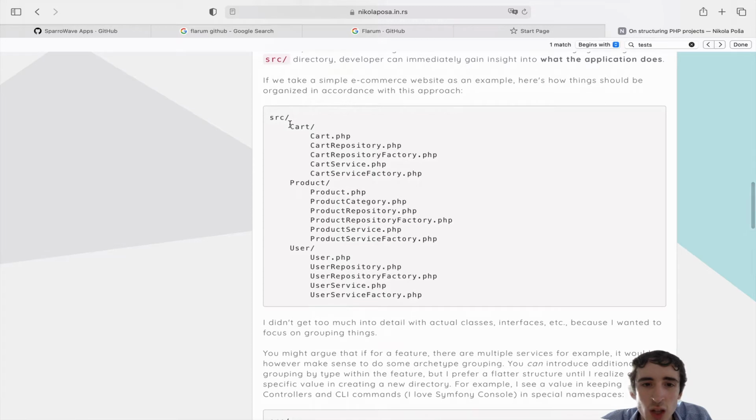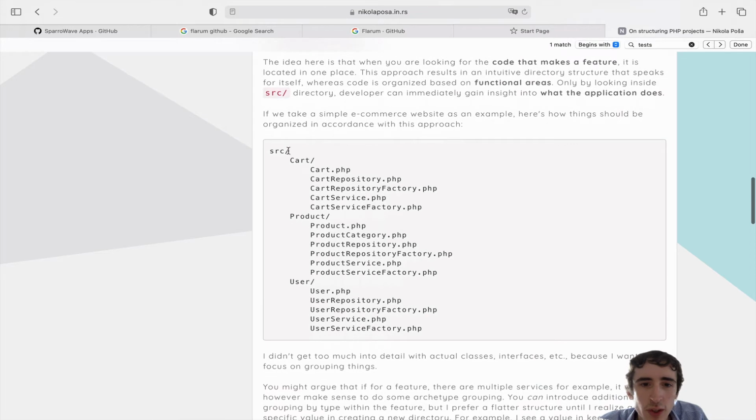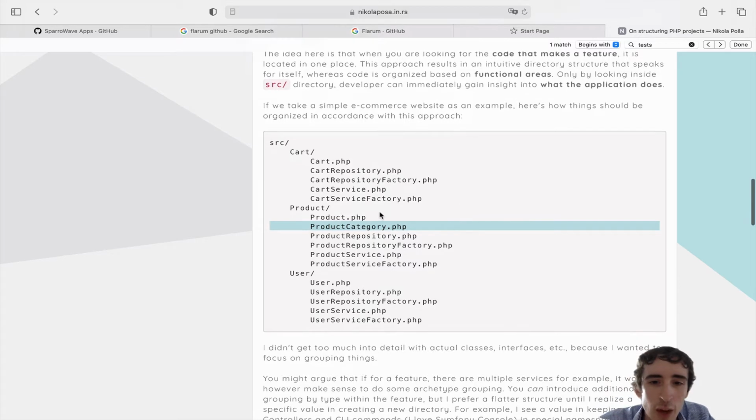If you want to test src product, product category.php, you will create a test in the test folder. In the test folder, you will create a folder called product and then a file named product category test